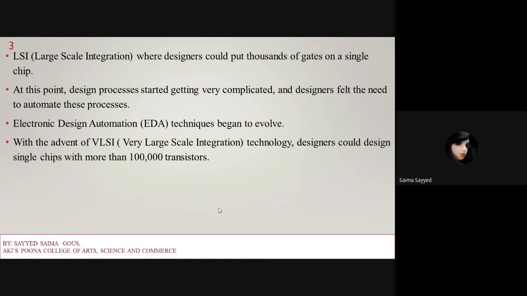Then very large scale integration technology came, and a designer could design a single chip with more than 1 lakh transistors, thousands of gates and transistors on a single chip. All this is done with electronic design automation, EDA tools.